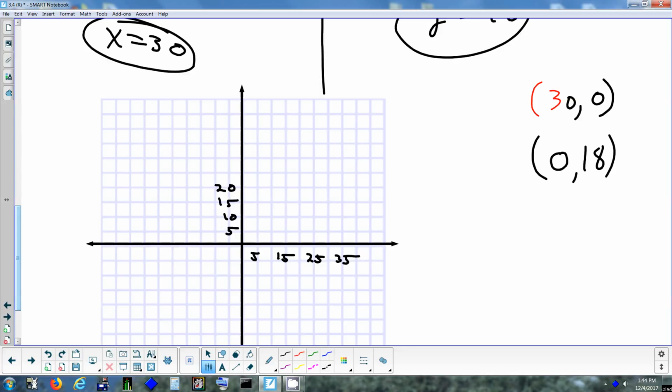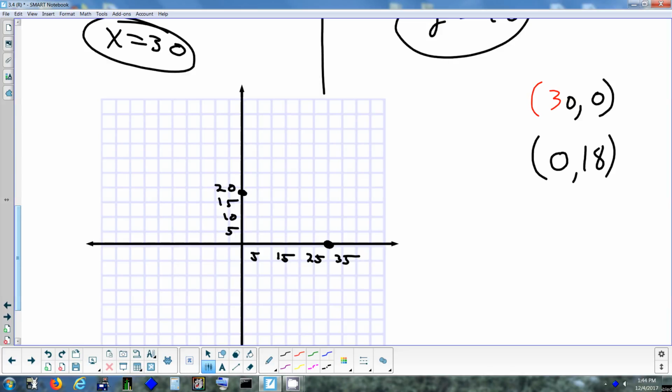30, 0. Go across. Which way? To the right 30. And you stay there. How do I graph 0, 18? Up 18. Now, we're going to draw a line here, and this line is going to represent all the solutions